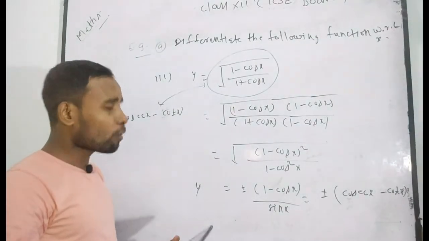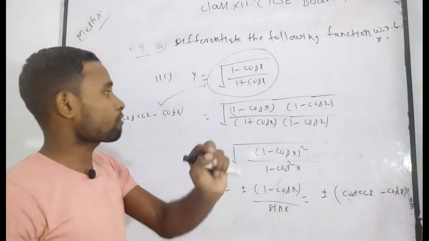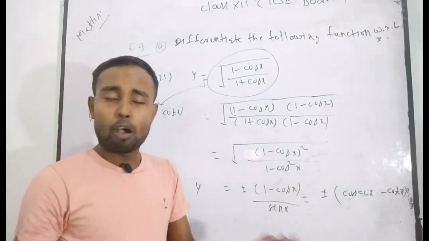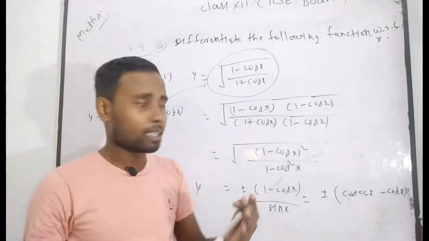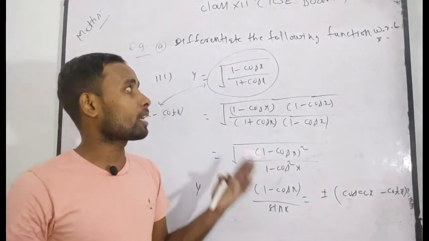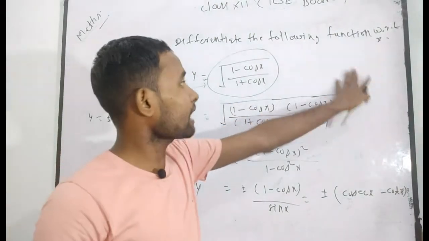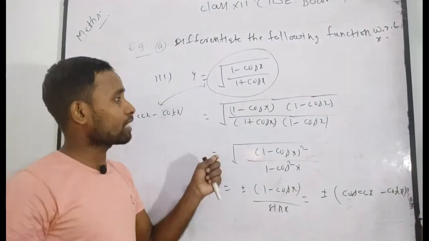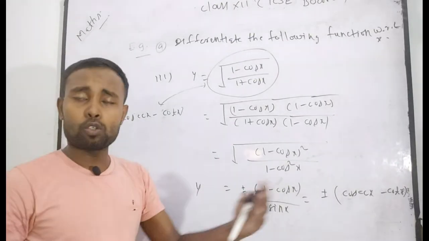Now, how can you simplify? Definitely, in order to simplify, sometimes you will multiply by the conjugate, sometimes use only a formula, or sometimes you can simplify using the hit and trial method. So it depends totally on your practice, how much practice you have done in trigonometric functions, or how much time you have given to solving trigonometric function problems. So I always suggest you again and again to write all formulas in your notes, on a separate page, and keep it near you during solving.